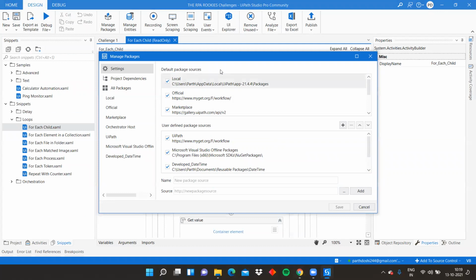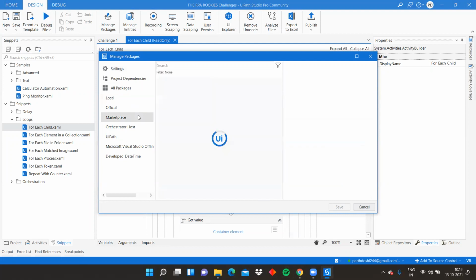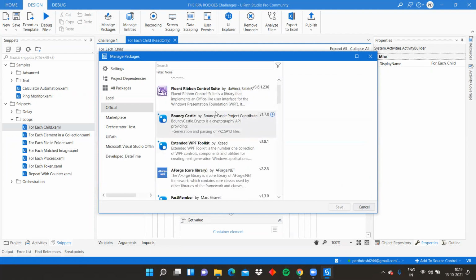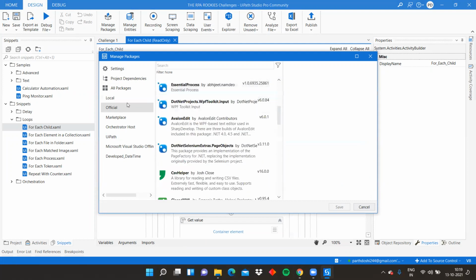The local feed is where the packages that you are installing are available at this particular local path. Official, the packages or the NuGet files are coming from this particular path. So these are the different places where your activities, namespaces or packages are present, and from which they are visible over here in all packages. If you go over here in official, you see all these packages.